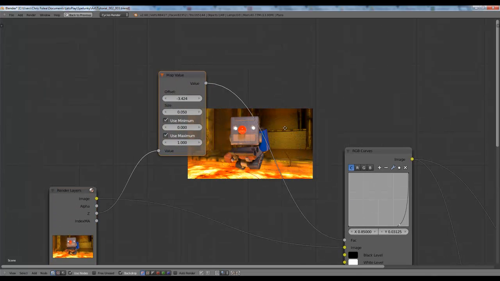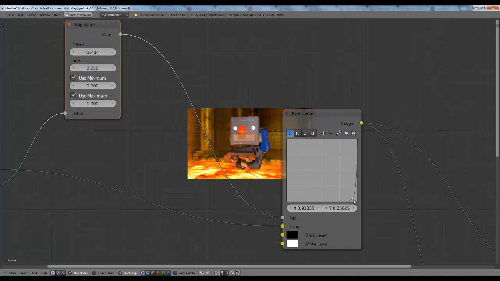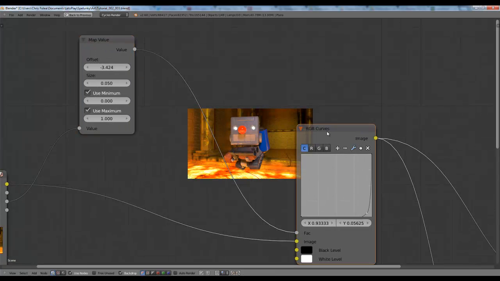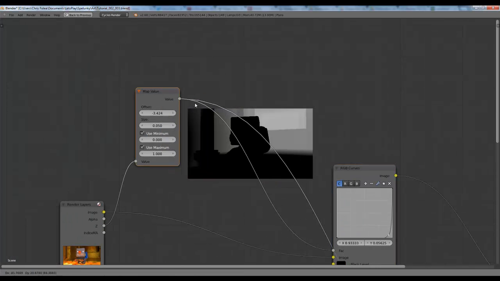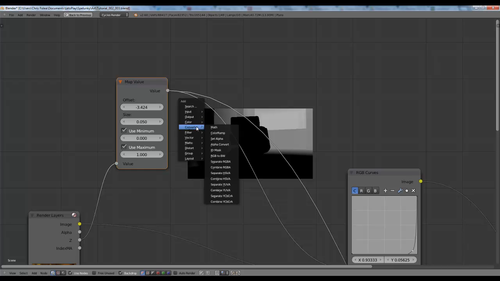And we want this to be a little bit stronger, because right now we've darkened this all the way pretty much to 0 and not much has happened, as you can see. So let's go ahead and work on that. We can select this guy. We can color RGB curves